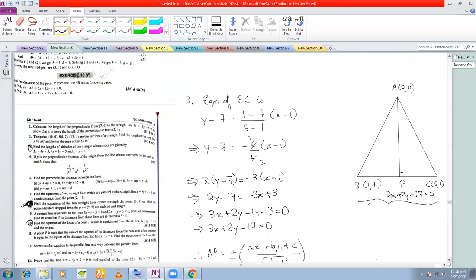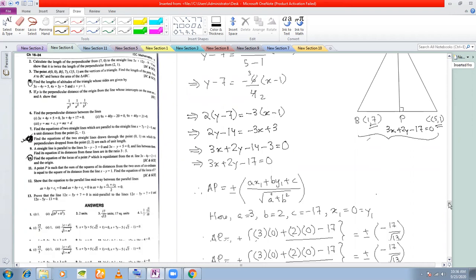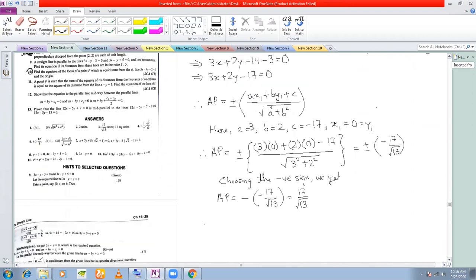The next part of the question is, hence find the area of the triangle. What is the area of the triangle? See, the question is, hence find the area of the triangle. Hence find means we'll make use of the length of this perpendicular that we have found. You can also find the area of the triangle because the 3 coordinates are given, using x1 y1, x2 y2, x3 y3, and then again x1 y1, as I told you. That way you can find it. But here I will make use of the length of this height that we have found. So, area of triangle ABC.